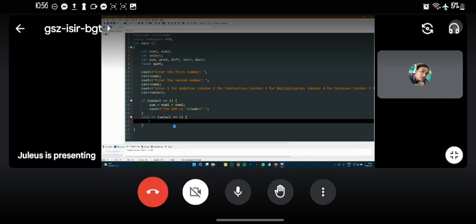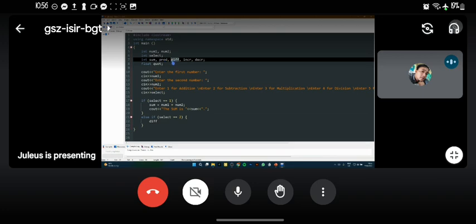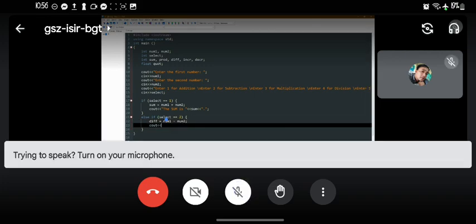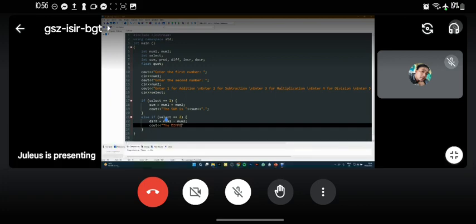And then we're going to use difference, because we're talking about difference, subtraction. And num1 minus num2. Same thing, we'll display the difference is, and then the value of diff. Concatenate it with a period.